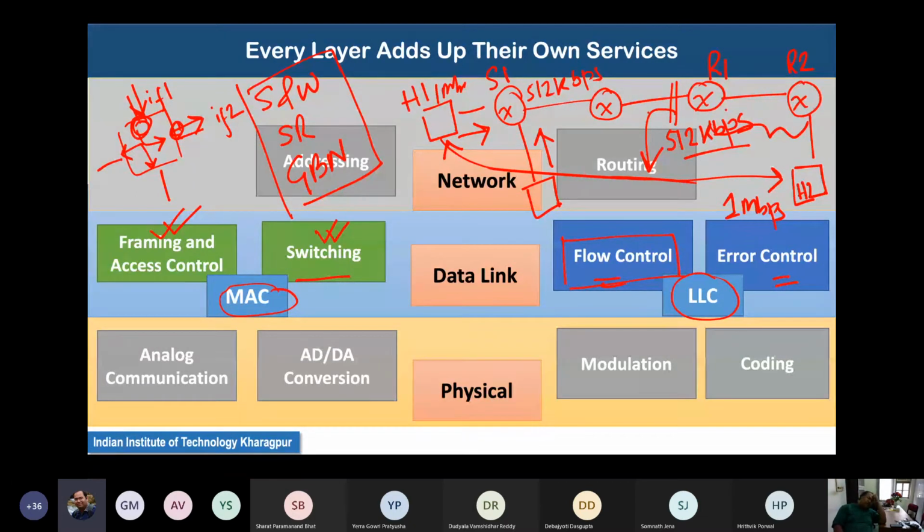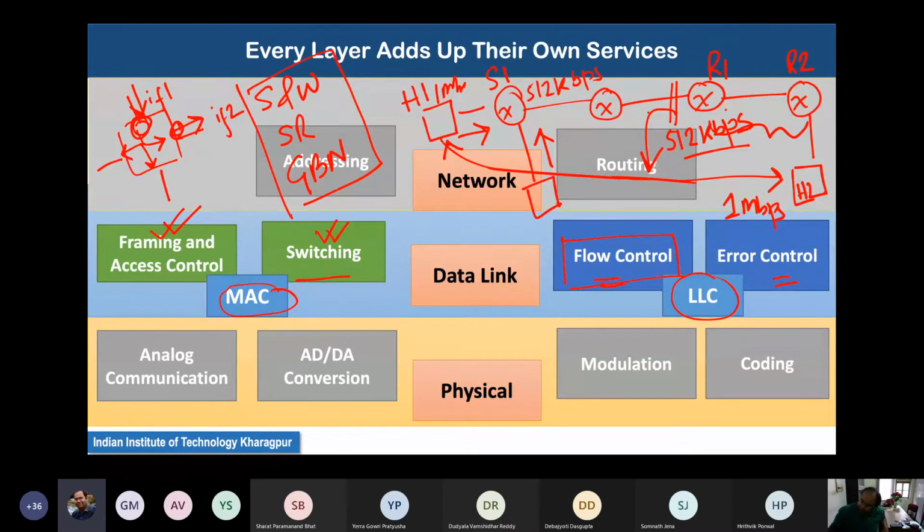So that way, different kinds of protocols might be implemented at the transport layer and the data link layer. But the set of flow control algorithms is the same that you have studied at the transport layer. The same algorithms are also available for doing the flow control at the data link layer. The error control protocol differs a bit, and in this particular discussion, we'll talk about the error control protocols which are available for different kinds of LLC stack implementation.